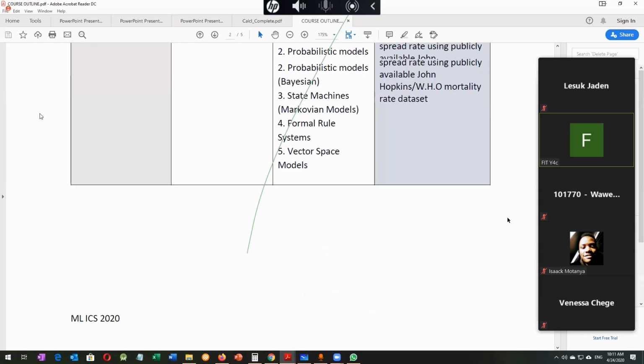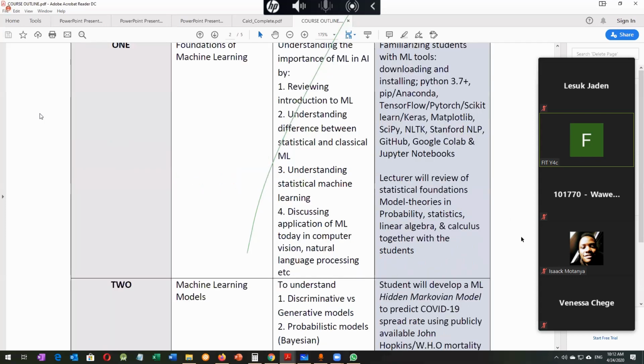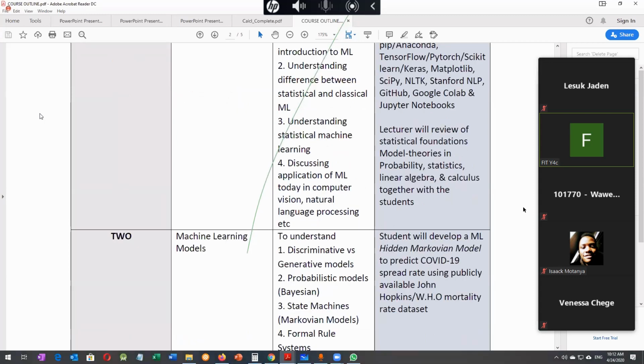You also want to prepare your devices, ensure you are good to go. We'll be working online anyway, but still you can install all that you can. We'll be using Google Colab, and that's why we'll be coding immediately from Monday. So Monday, I will want to look at learning theory, and I will combine that with regression, linear